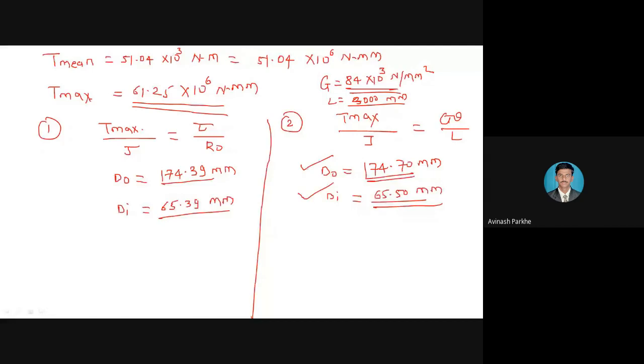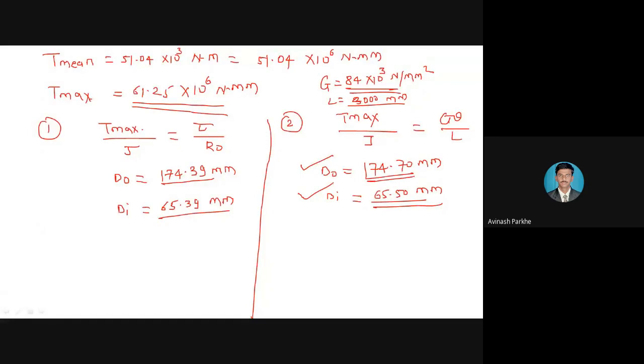In addition to that, the relation between the maximum torque and the mean torque will be given in the form of 20%, 30%, 25%. So you have to write down that particular multiplying factor, that is Tmax is equal to 1.2 times T mean, or Tmax is equal to 1.3 times T mean, or Tmax is equal to 1.25 times T mean. If the percentage is given, sometimes a direct value is given. Assume that Tmax is equal to 1.3 times mean torque.